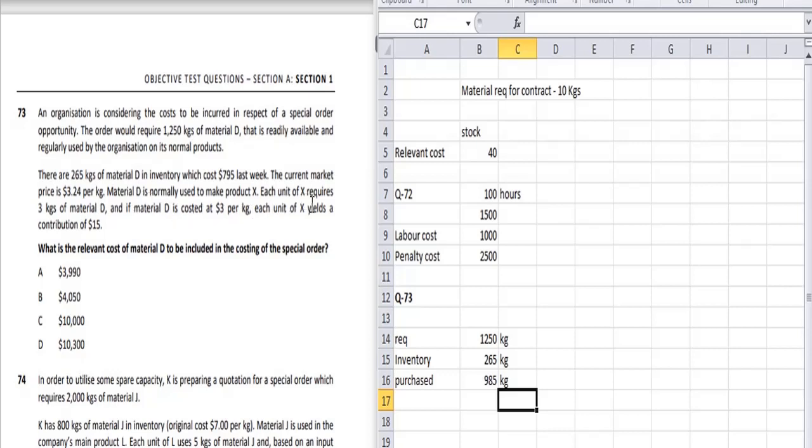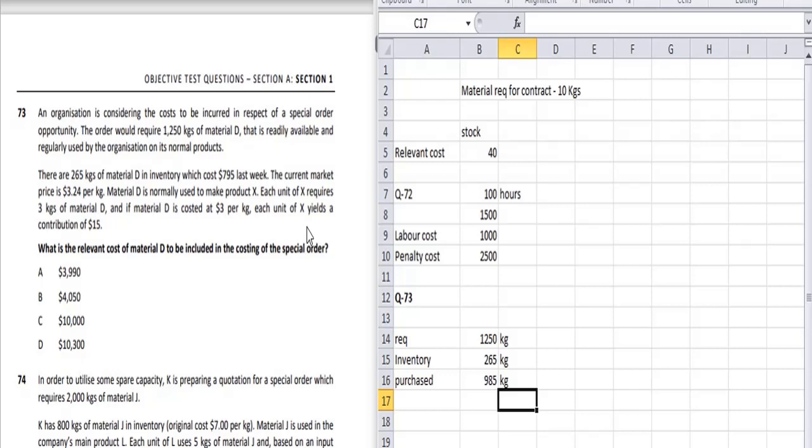Each unit of X requires 3 kg of material D, and if material D is costed 3 per kg, each unit of X yields a contribution of 15. So here the material available in stock is 265 kg, and we need to purchase 985 kg, but the material is readily available in the market. So the relevant cost, in case of readily available or regularly used by the organization, will be